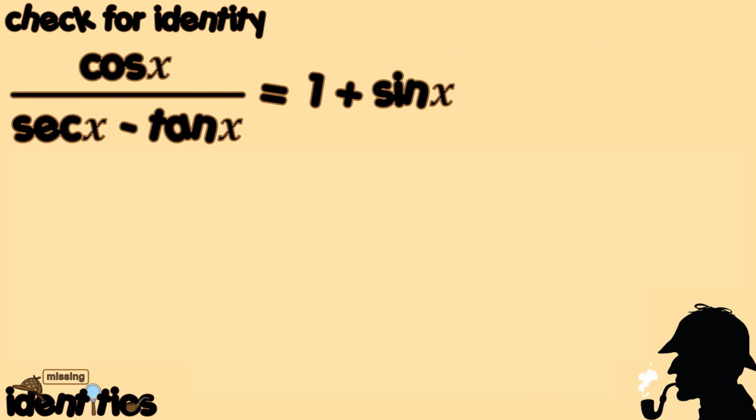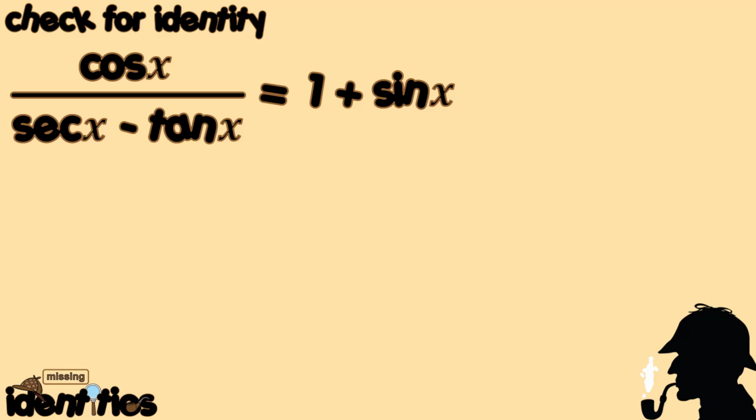Case number 30. Let's check or verify this given identity. We have cosine x over secant x minus tangent x is equal to 1 plus sine x. We are going to manipulate the left-hand side and apply necessary operations and probably equivalence for secant x and tangent x in order for us to arrive at an identity or an expression which is the same as the right-hand